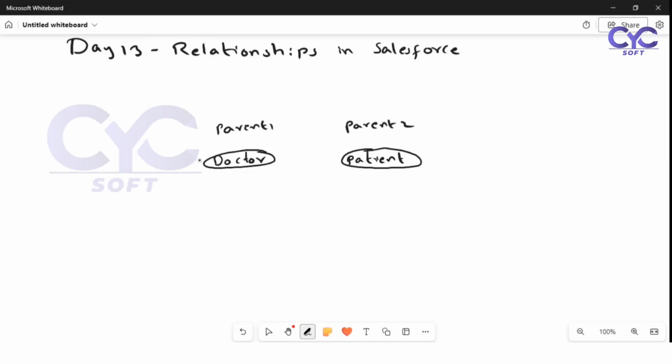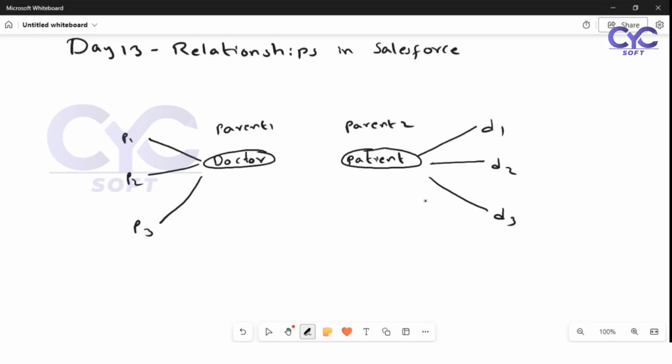So one doctor can treat, what we know here, patient one, and patient two and patient three. So this is acting as a one to many relationship. And here you can see one patient can go to a number of doctors, D1, D2, D3, right? So in order to create a relationship between these two, we need to create a child object which is known